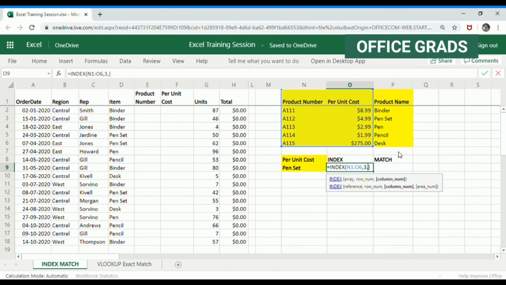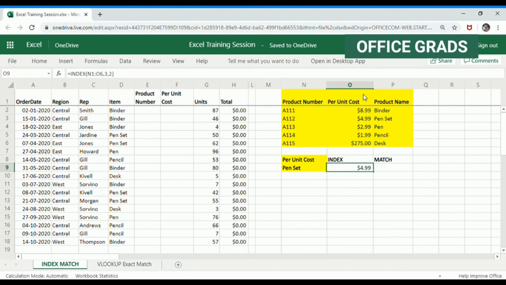So I hit comma, and INDEX is asking which column, whether you want the product number or the per unit cost. In this scenario, I'm looking for the per unit cost, which is the second column from this array. As I mentioned, these are two columns and six rows, of which I have already provided the row number, which is the third row. I need to provide the column number. In case of per unit cost, I will type 2, because it is the second column from the array.